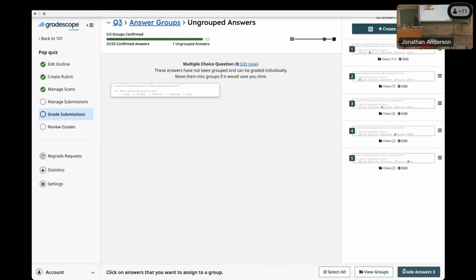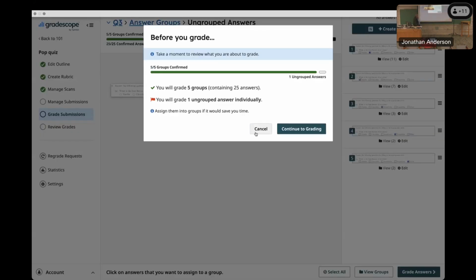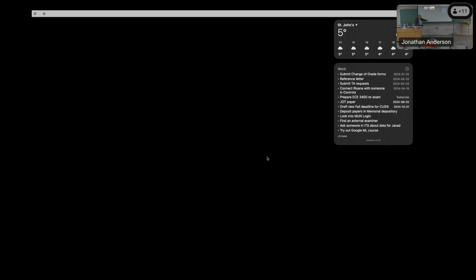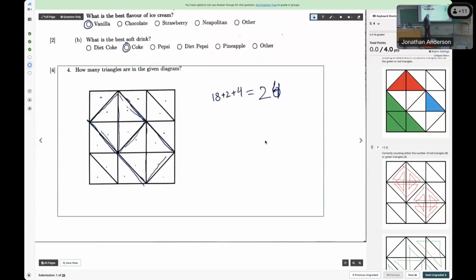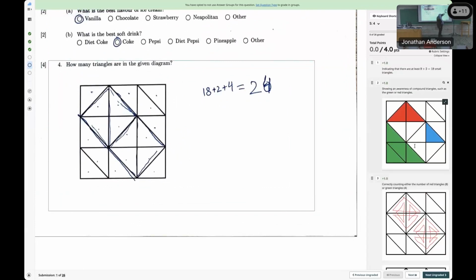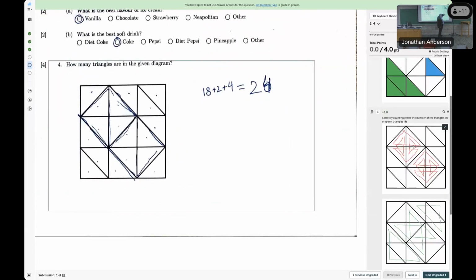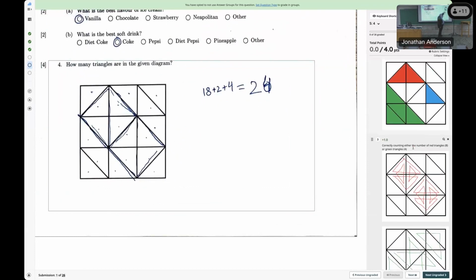And then if we get to the more interesting one, which is the last one. There. So here's the symbol question. Now, if you look over here, here's this beautiful picture, which shows you in the rubric what the right number of triangles are. So, just to sate your curiosity, we have individual triangles within the boxes, and then we have bigger triangles that assume you can go back to the red there. Bigger triangles that take 2 boxes, and then we've got these huge triangles that take a corner of the square. And so there's 30 different triangles in